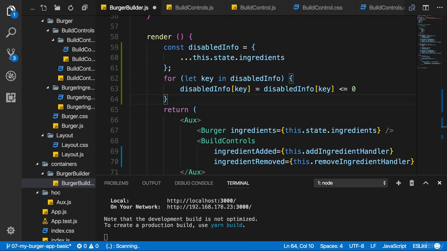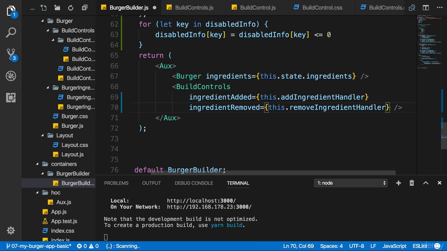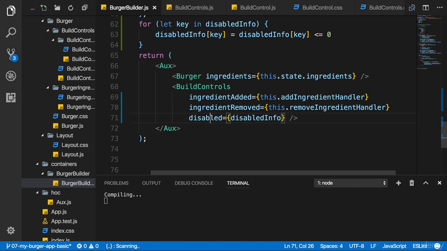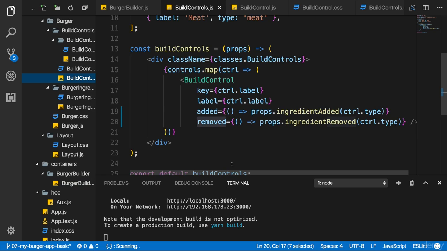Now with that we can pass the disabled info to the build controls component here. So there I will set a disabled property and pass disabled info. Now of course we should take advantage of this disabled property in this build controls component, and there we should pass this information to the individual build control to let it know if it should disable that button or not.